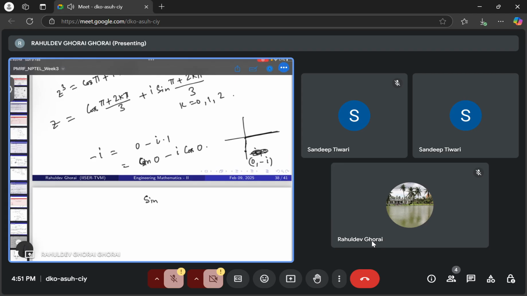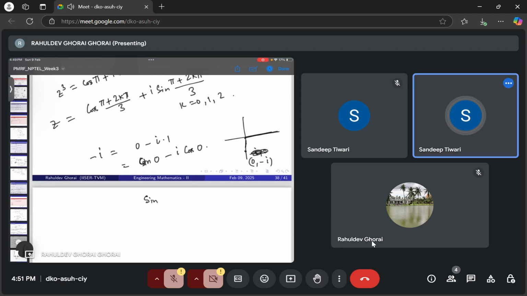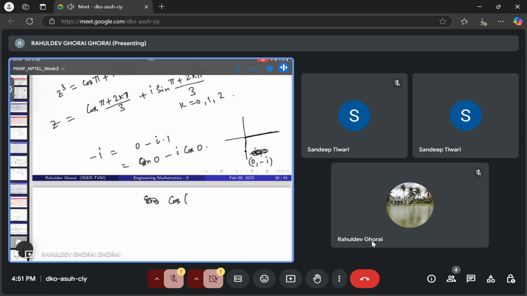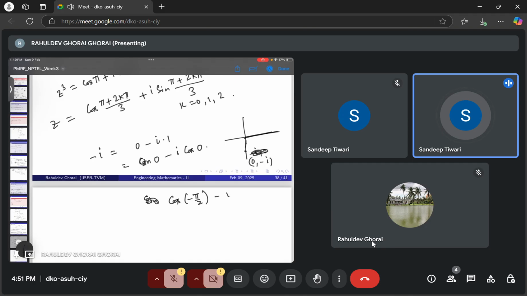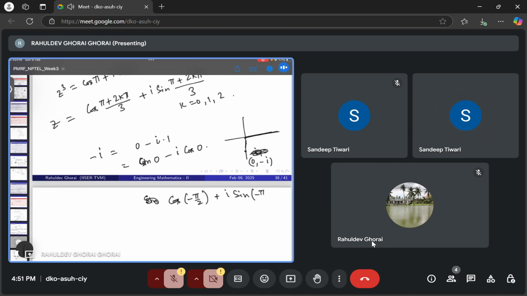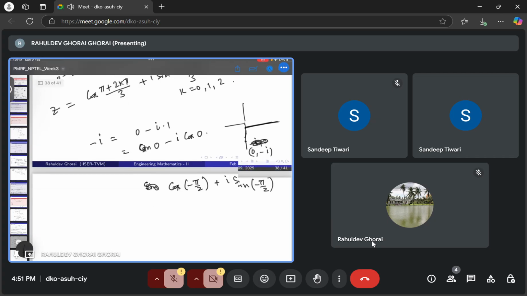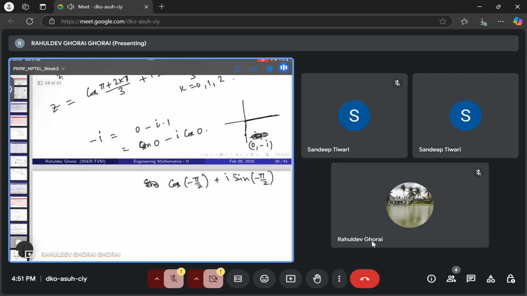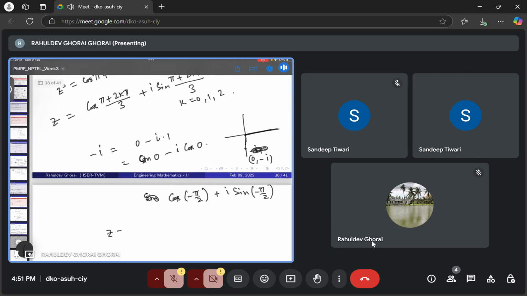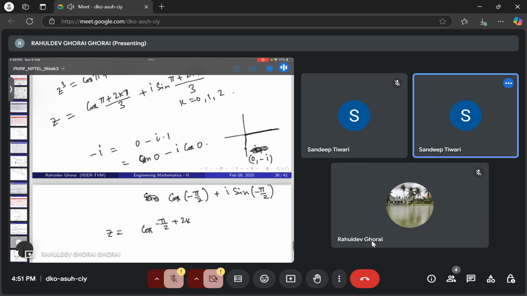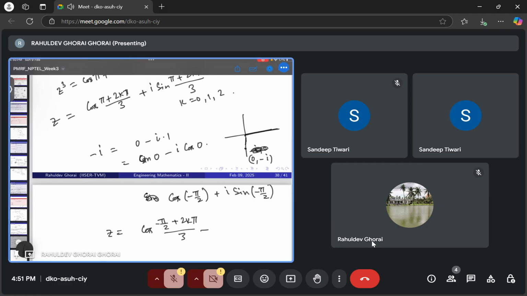The cos minus pi by 2 plus minus i sine minus pi by 2. Minus sine pi by 2, yes. Minus pi by 2, right? So then exactly you get again the same, right? z will be cos minus pi by 2 plus 2k pi by 3 plus i